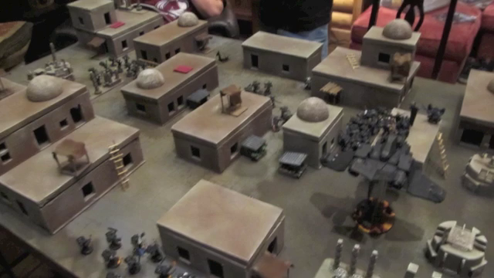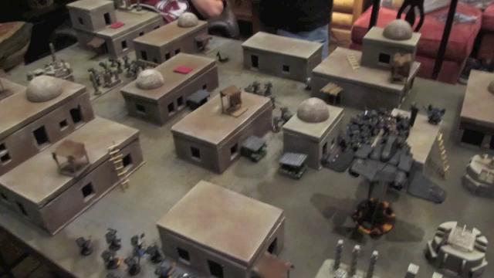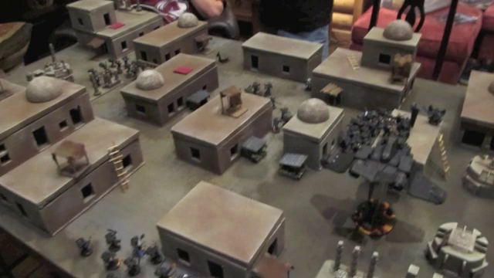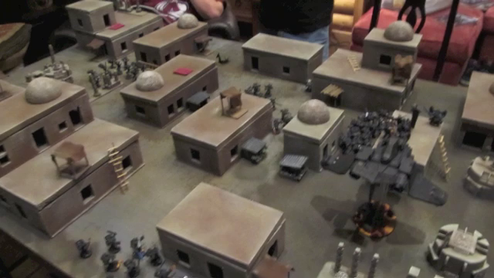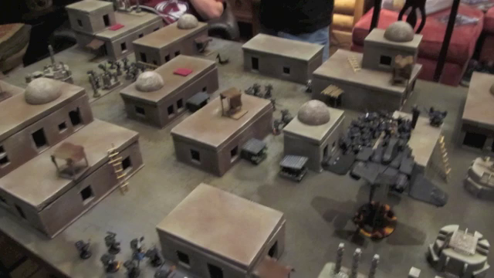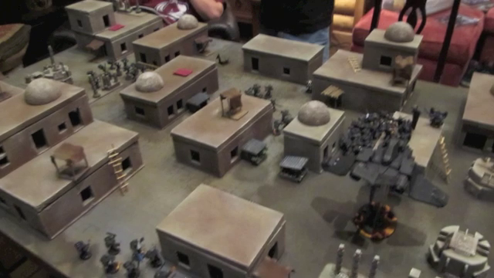Because in his turn, Ren did assault the Storm Raven with his Sanguinary Guard in hopes to get some Power Fist attacks off on it and hopefully do some damage, but unfortunately he wasn't able to do anything because he did need 6s to hit. So I've moved back with the Storm Raven, and I've unloaded the Sanguinary Guard. Sanguinor's come down. The Vanguard Veterans still haven't come down,